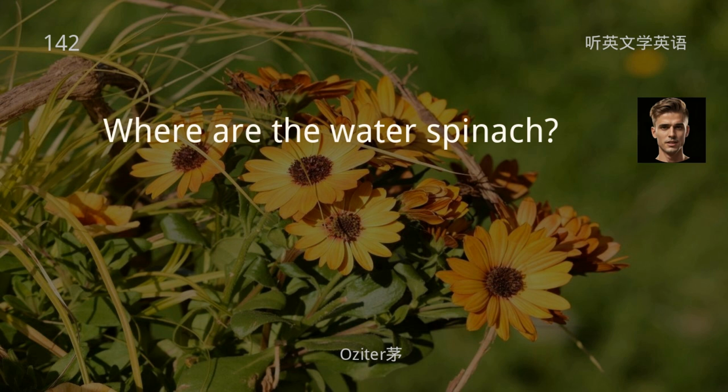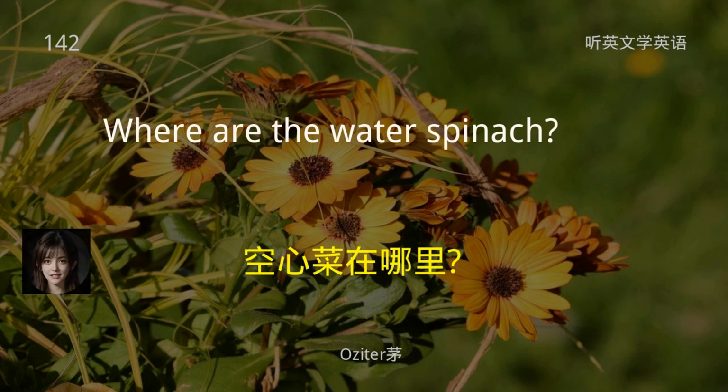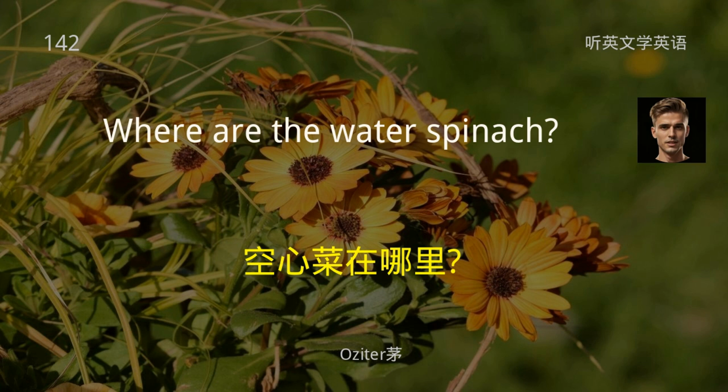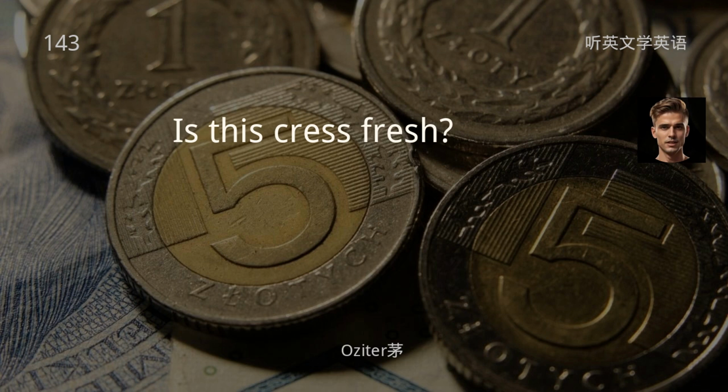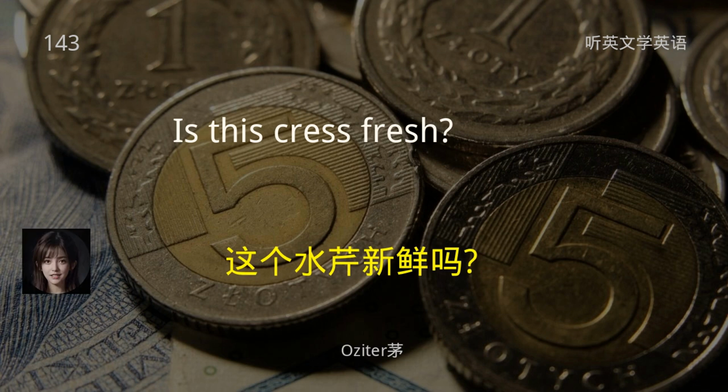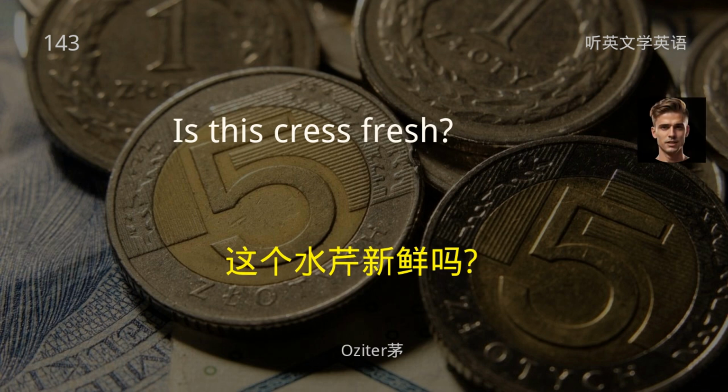Where are the water spinach? 空心菜在哪里？ Is this cress fresh? 这个水芹新鲜吗？